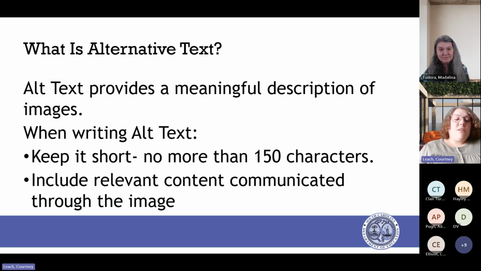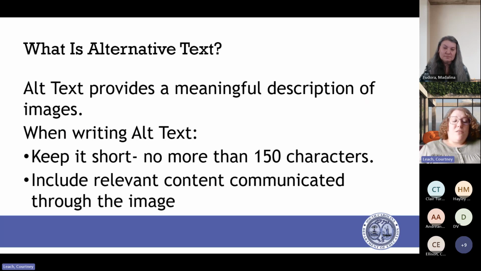So since we're talking about images, we need to talk about alternative text. Alt text is the words that provide meaning to the images in your presentations and pictures online.